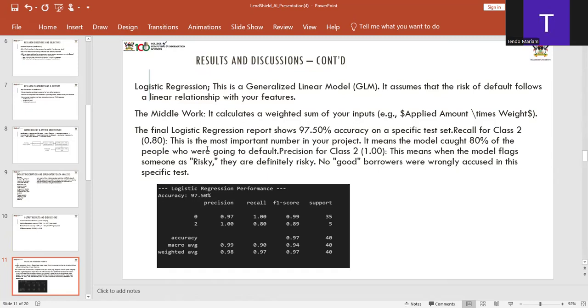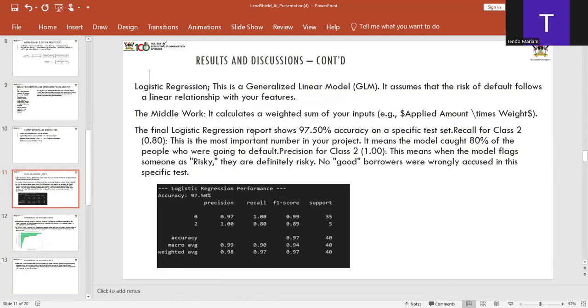The final regression shows 97.50%, as you can see here. I generated it from the cell output. When I ran the code, it showed me that 97.50% was the accuracy on this specific data set. And to explain a bit,